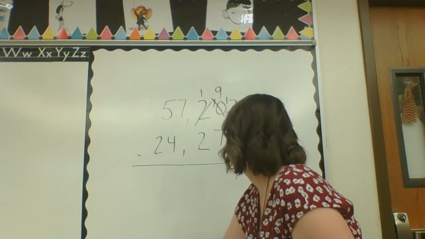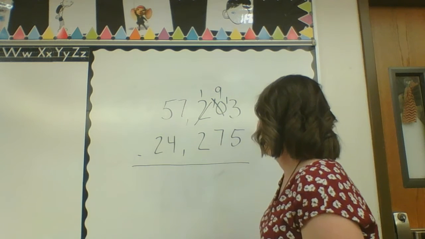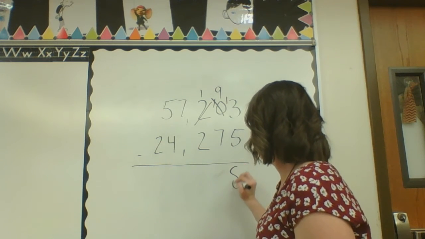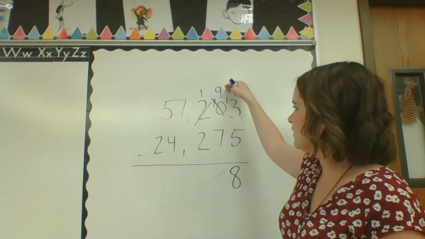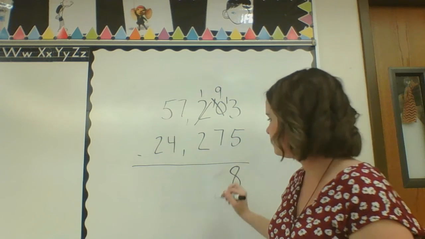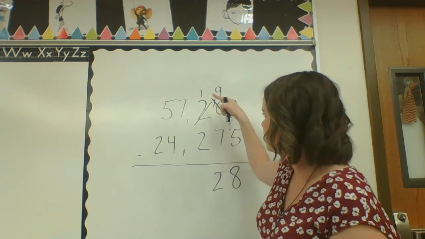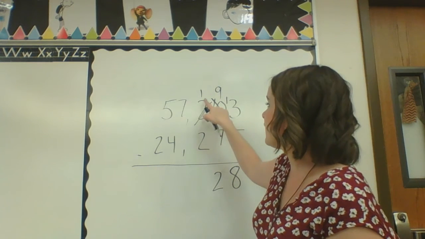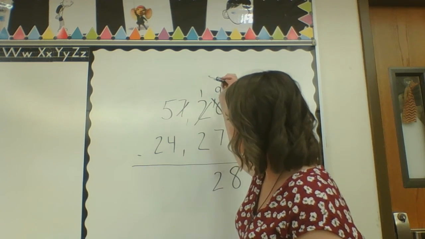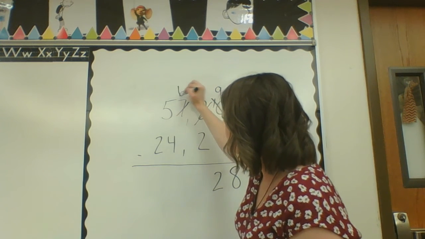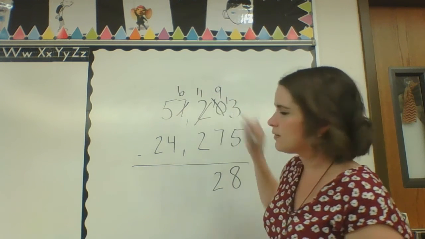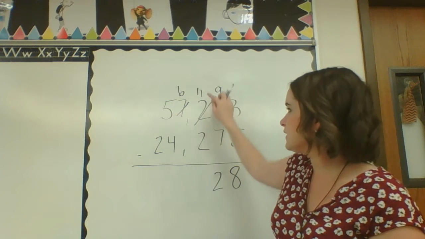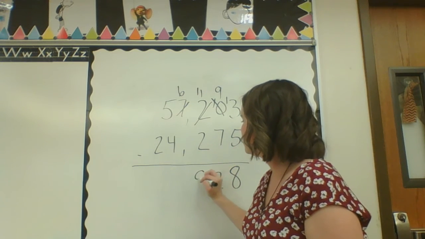Oh, actually 8, sorry about that. Okay, then we can take 9 minus 7, which is 2. Can I take 1 minus 2? No. So I have to go next door, get 10 more, 7 becomes 6, and the hundreds become 11. Then I can take 11 minus 2, 9,